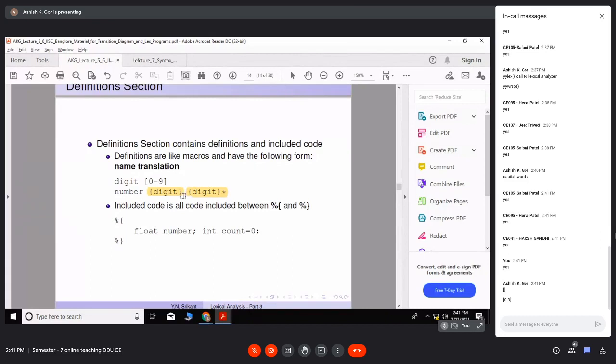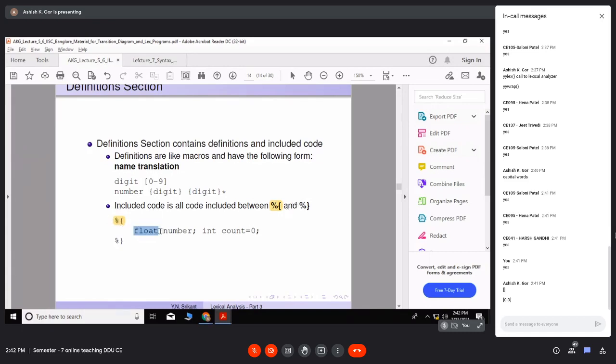Remember, whatever code you are going to write, for example in a Lex program, if you want to create some variables or write some code, that has to be written between the symbols percentage, curly bracket, which should be starting.